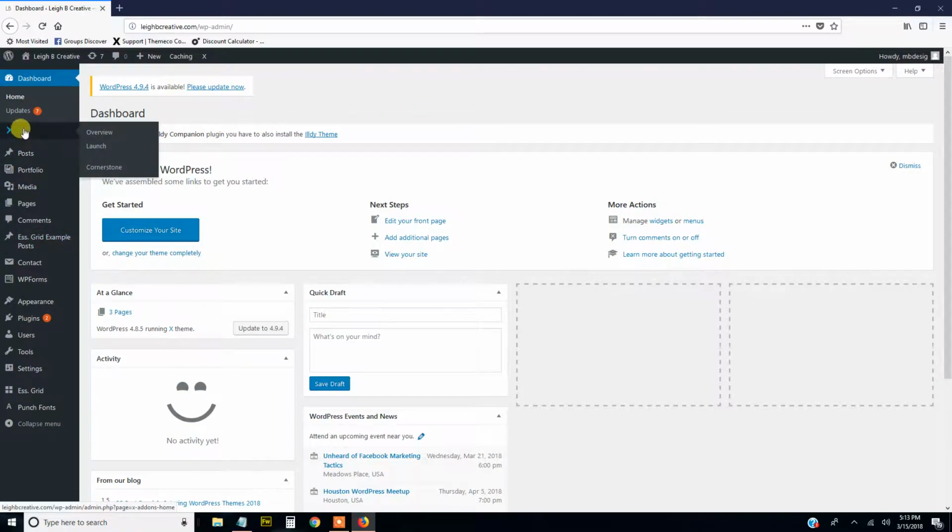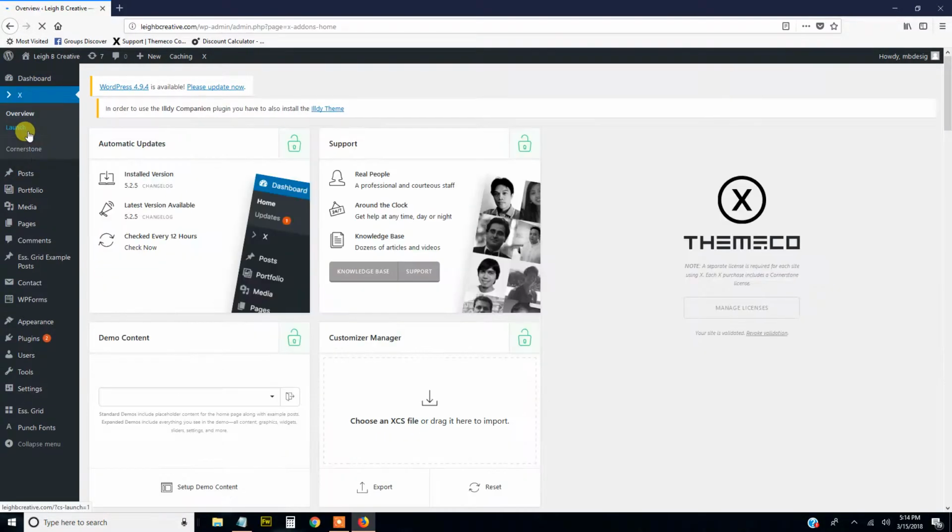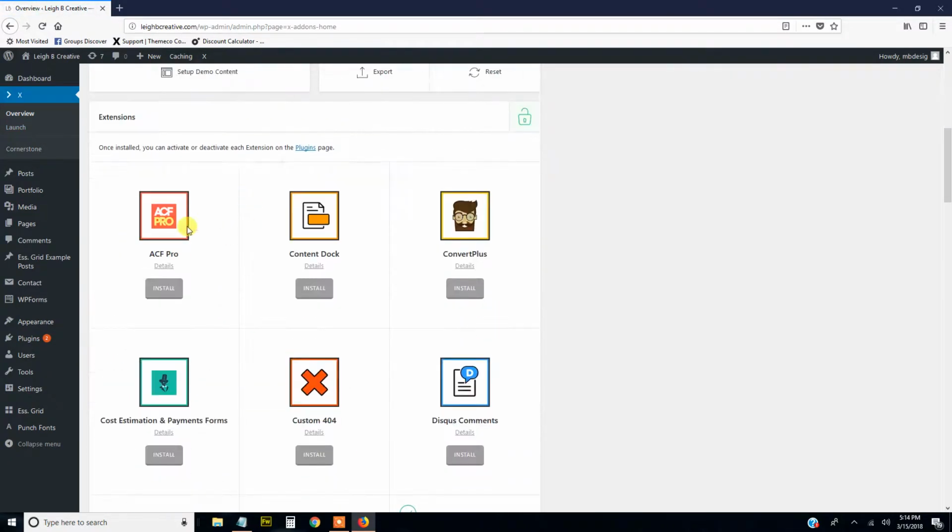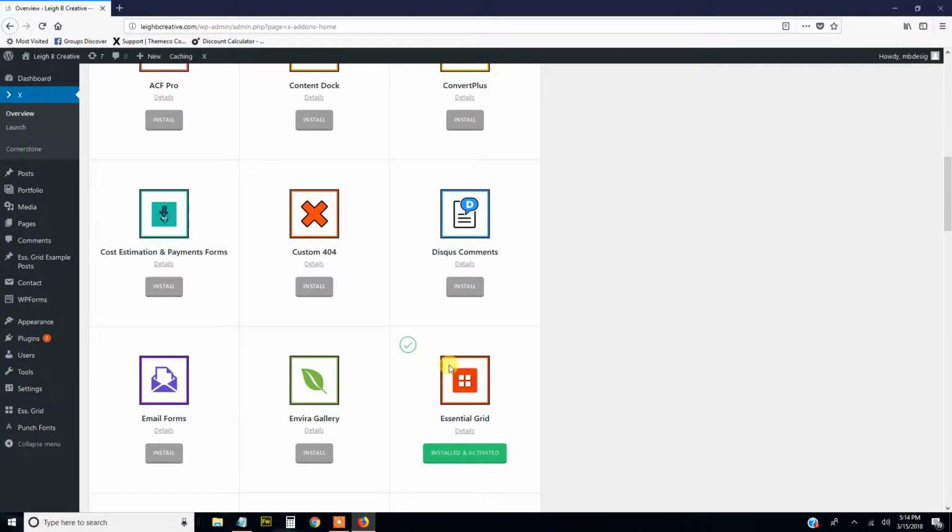If you go to your X theme right here, Dashboard X, and scroll down, you'll see all your plugins that come packaged with this theme. And Essential Grid is right here. If it says install, hit install, and then when it's installed it will say go activate. Then you click go activate and it will take you over here to plugins, and you will hit activate, and then when it's activated you'll see it right here and it says ess.grid. So click on that,